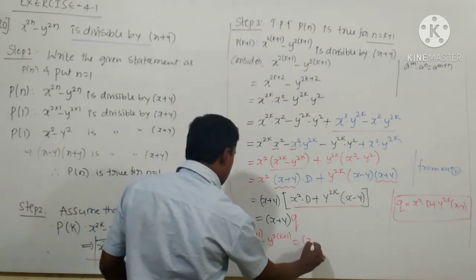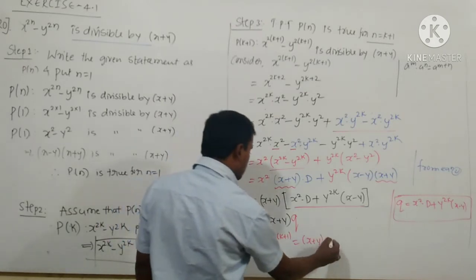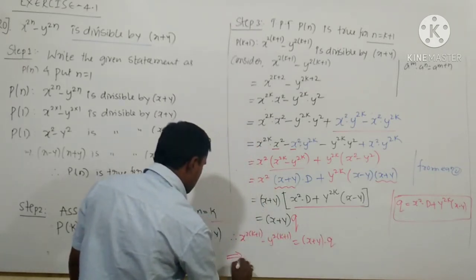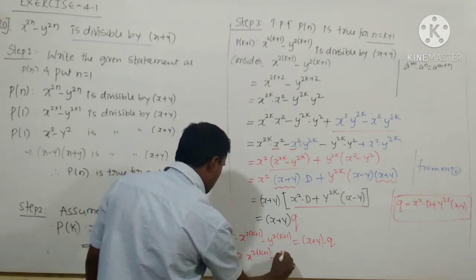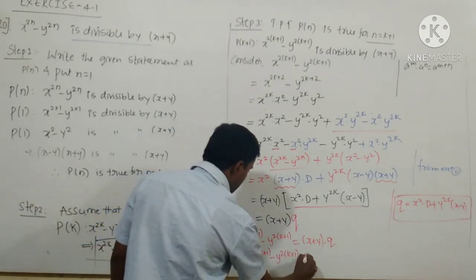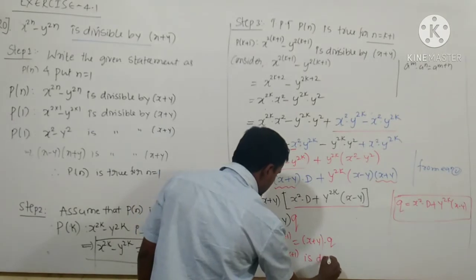This is equal to what? X plus y into q. So this implies x to the power 2k plus 1 minus y to the power 2k plus 1 is divisible by